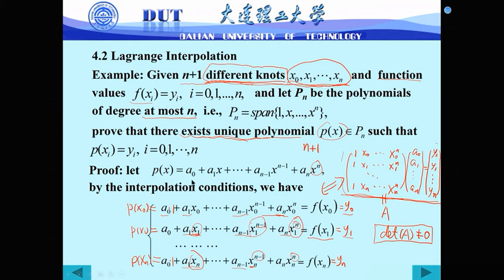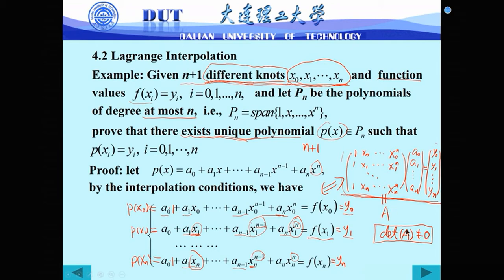Remember, we substitute x by each node x0, x1 to xn, and construct the n plus 1 linear equations like this, and then we can solve this linear system to obtain the coefficients,